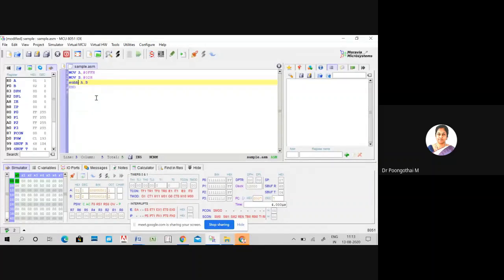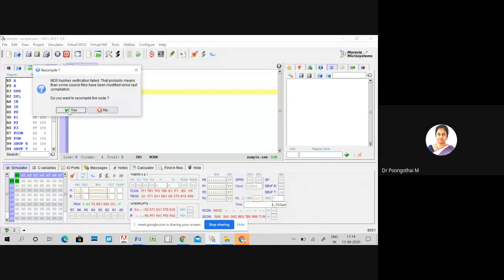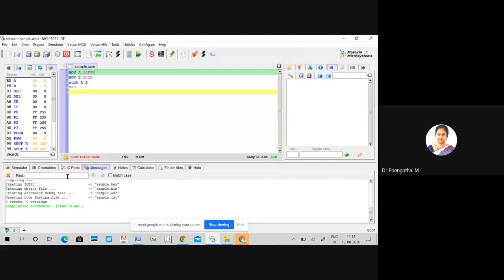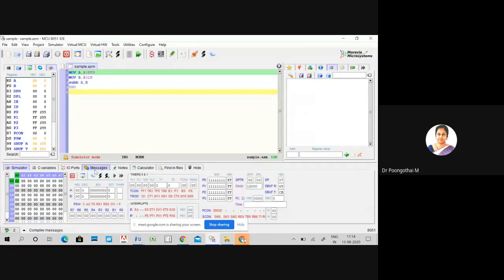SUBB. So save this and compile. Let's compile this code. The code is compiled successfully without any errors. And execute the code.